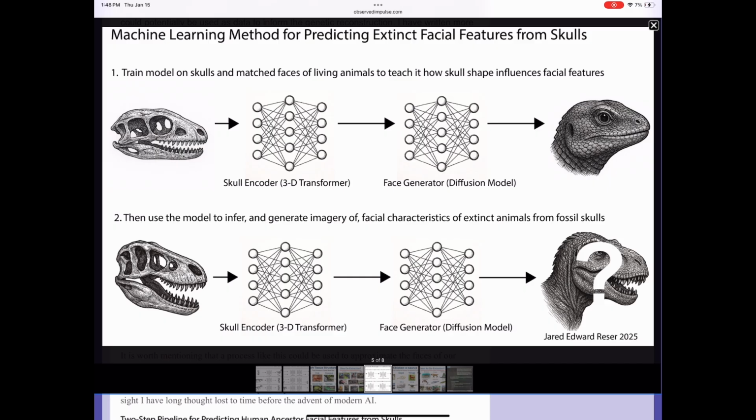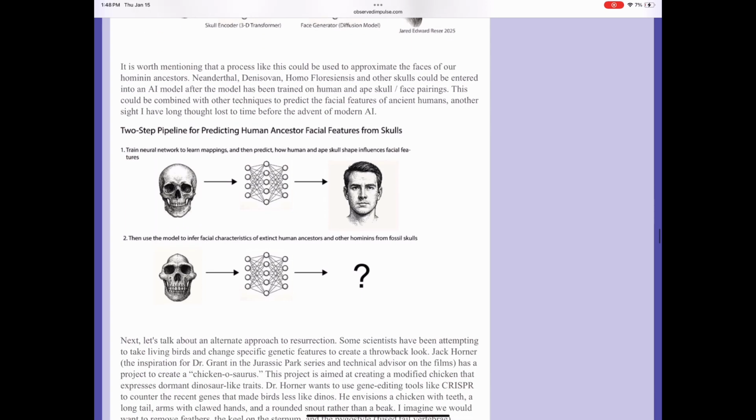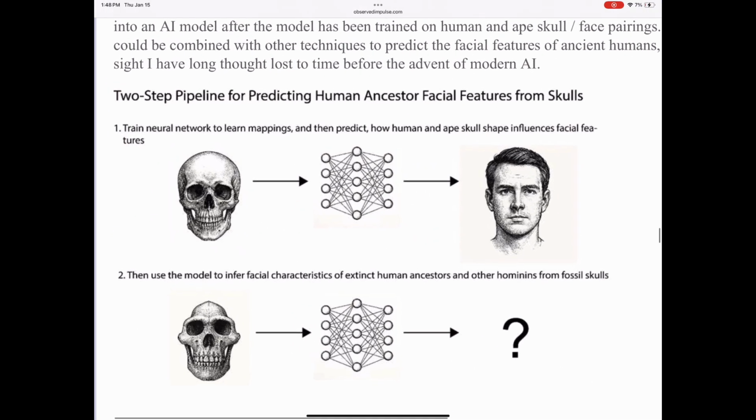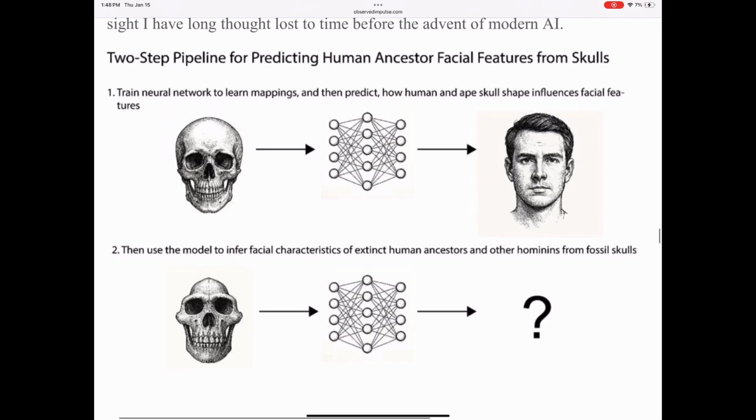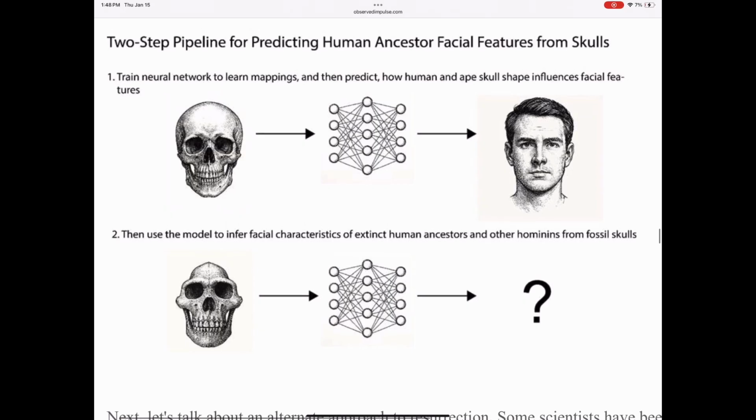So we train a neural network to learn the mappings and then predict how human and ape skull shape influences facial features. Then we use the model to infer facial characteristics of extinct human ancestors and other hominins from skulls, particularly fossil skulls. So we have some really cool human ancestors that are more than 1 million years old who will probably never have their DNA. But I think that we could see their faces for the most part, reconstructing them from the diversity that currently exists in primates, especially apes and humans,